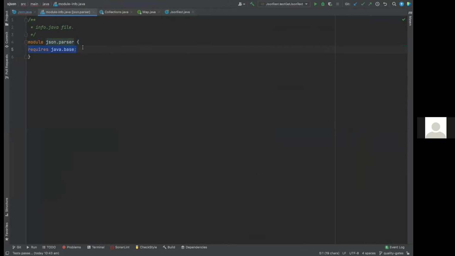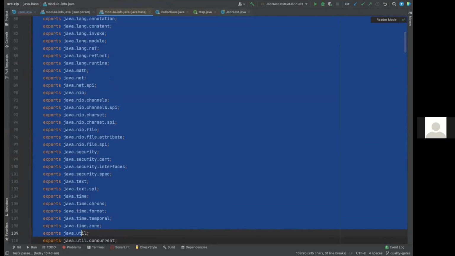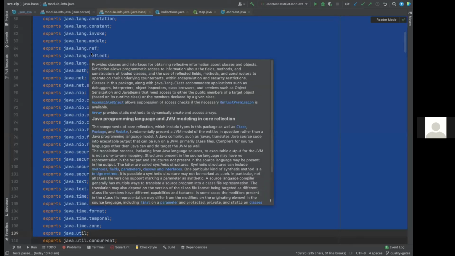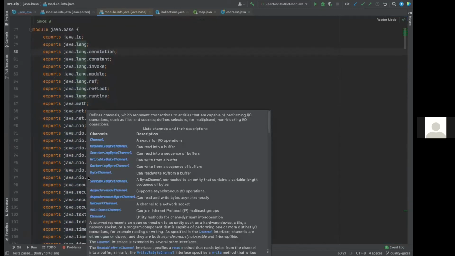Now, this is the module system. In the module system, you say this JSON parser can require only java.base. So this is what you claim: you cannot use anything outside plain Java. That's the idea. But if you look at what java.base is all about, it has this many packages. So between ArchUnit and the module system, in the module system you can control which module to use and which module not to use. But with ArchUnit, you can go fine grained, saying that in this package you are supposed to use only java.lang, java.util, java.math, and that much restriction you can give. That is the advantage with ArchUnit: fine grained control of your packages. Did I answer your question?